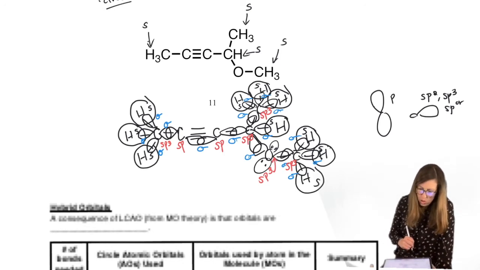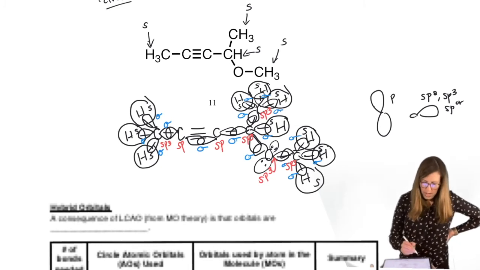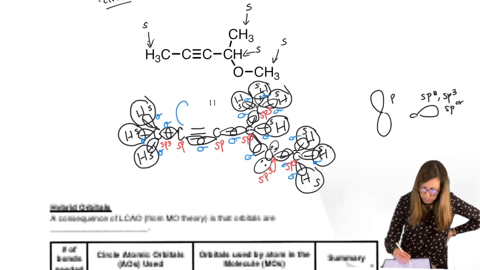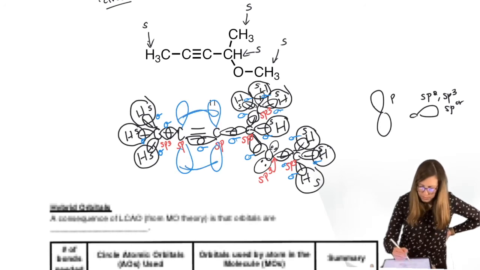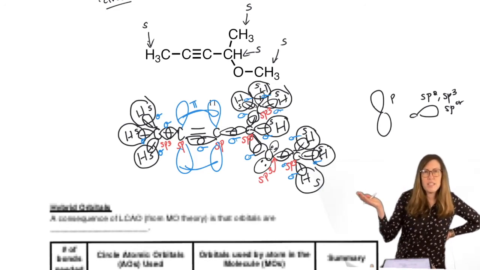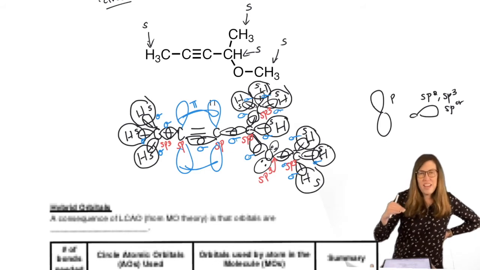Okay, the only pi bonds here are on the triple bond. Let's draw them in, and I'll do that in 2 different colors. I'll do the first one in blue. The first set needs to be parallel. There's 1 pi bond. Now let's say that was the px set of p orbitals. The next one has to be orthogonal to that.